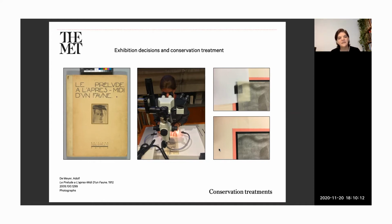And the adhesive that held, you can see on the right-hand side, the adhesive that held these very, very thin collotypes into their positions had desiccated, and 6 of the 30 of them had fully detached. My initial plan as a book conservator was to return them to their locations and then permit it to be exhibited. And the curator said, why don't we take advantage of this opportunity to actually show 6 original objects on